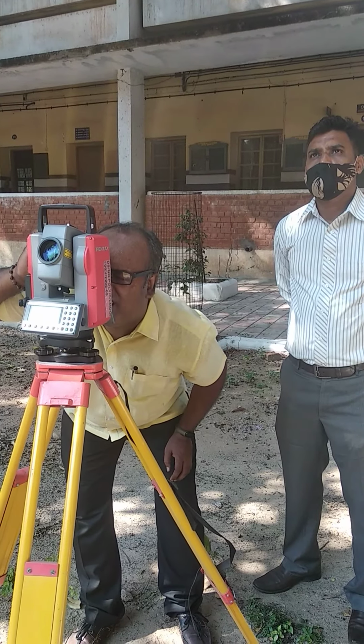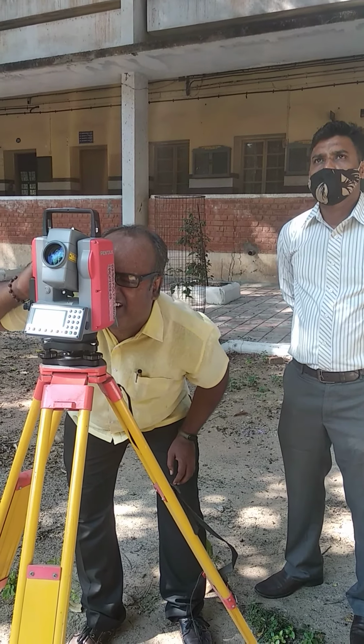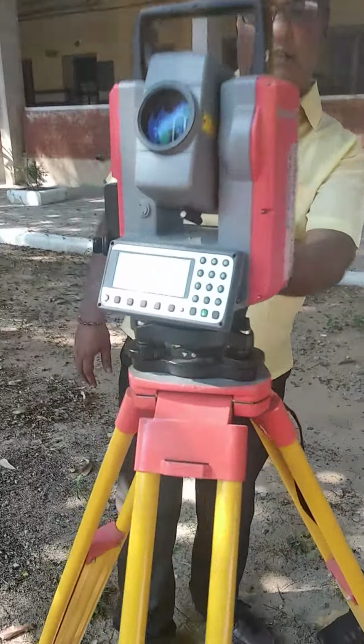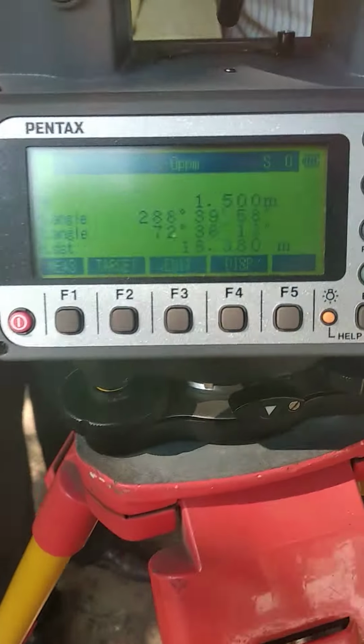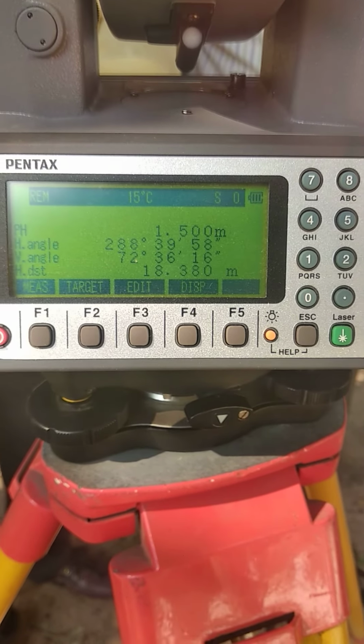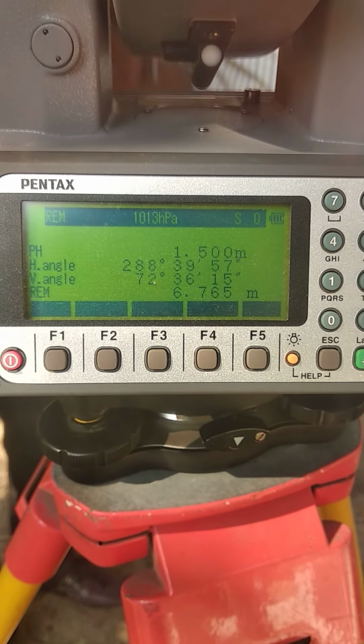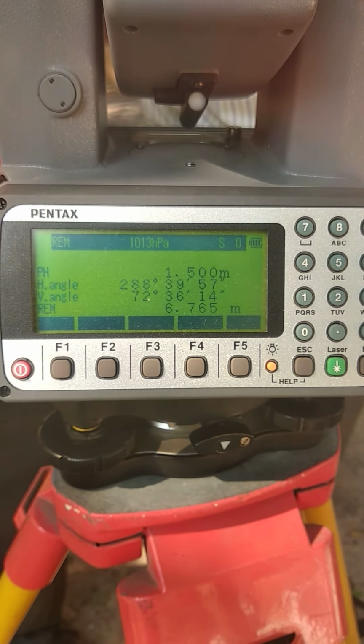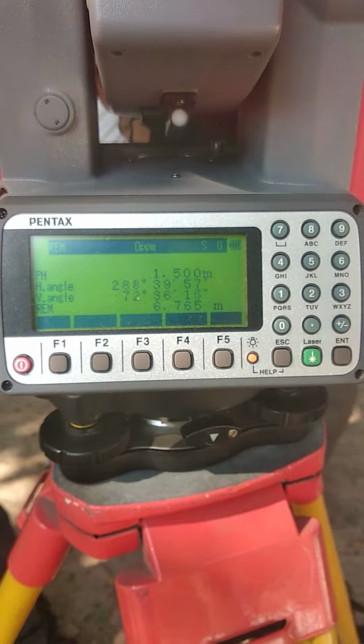Obviously you have to use that bisector. Now here it is bisected, so directly it will give the distance by entering the button, right? So I will enter the button, it will give the distance, that is 6.765. So this is what REM is done.